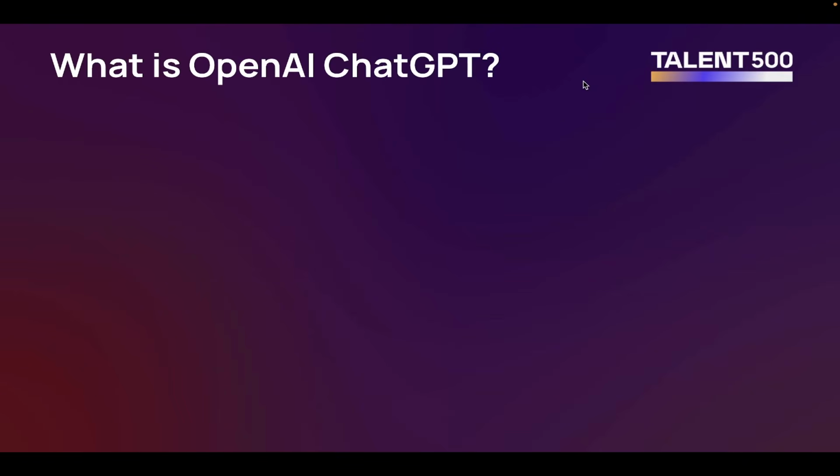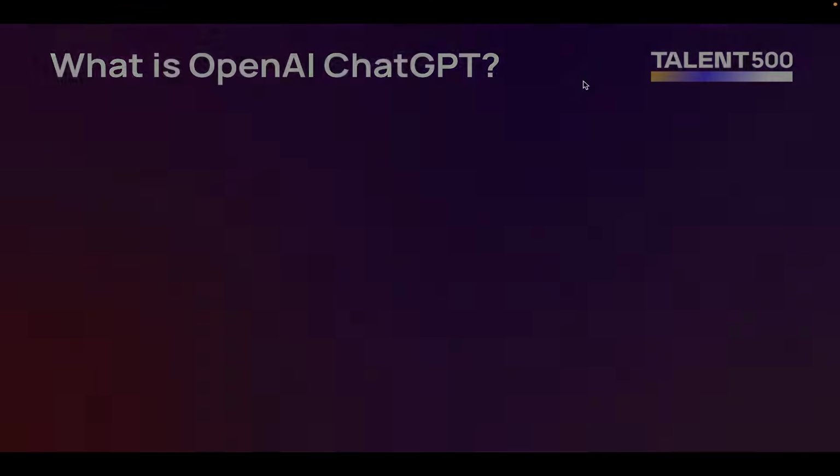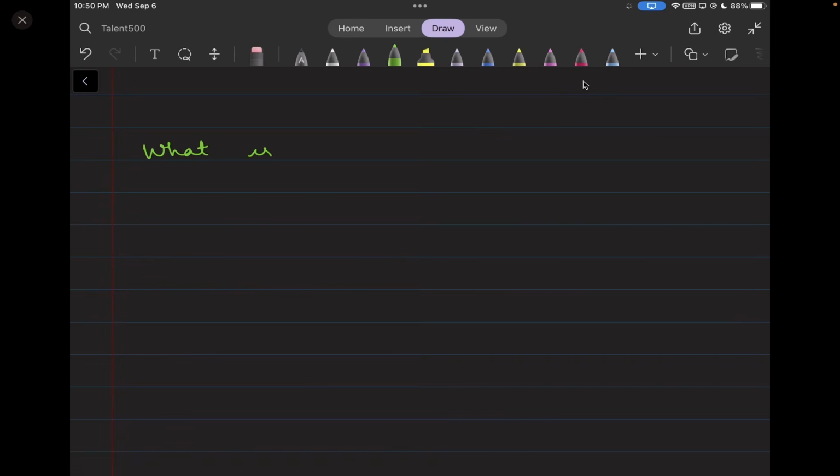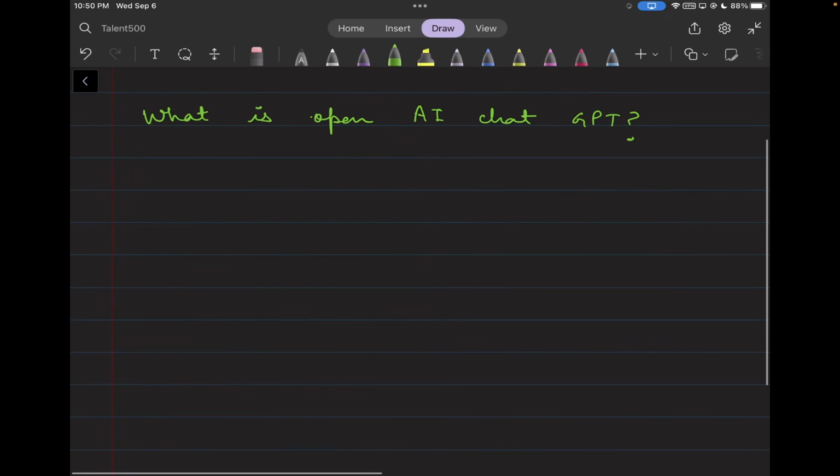So the first question here is, what is OpenAI ChatGPT? A lot of people say, hey, let's use ChatGPT. And if you are stuck somewhere, a friend will suggest, oh, why don't you use ChatGPT? But has anybody thought, what is this GPT? What does it actually stand for? Chat is very clear, that we are going to be chatting with some AI. Now, what is GPT? This GPT stands for Generative